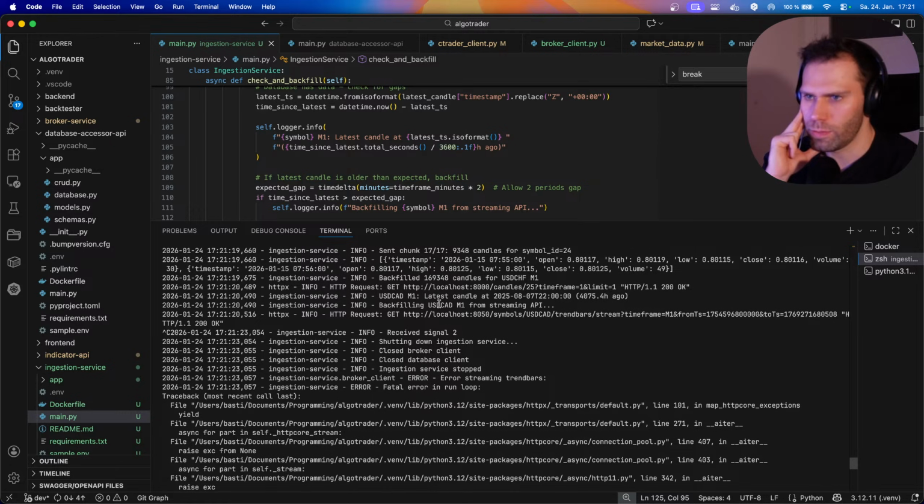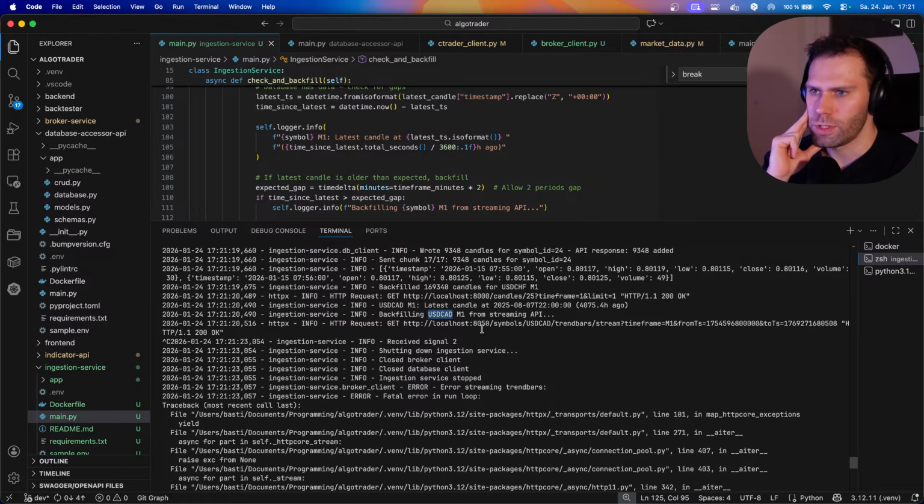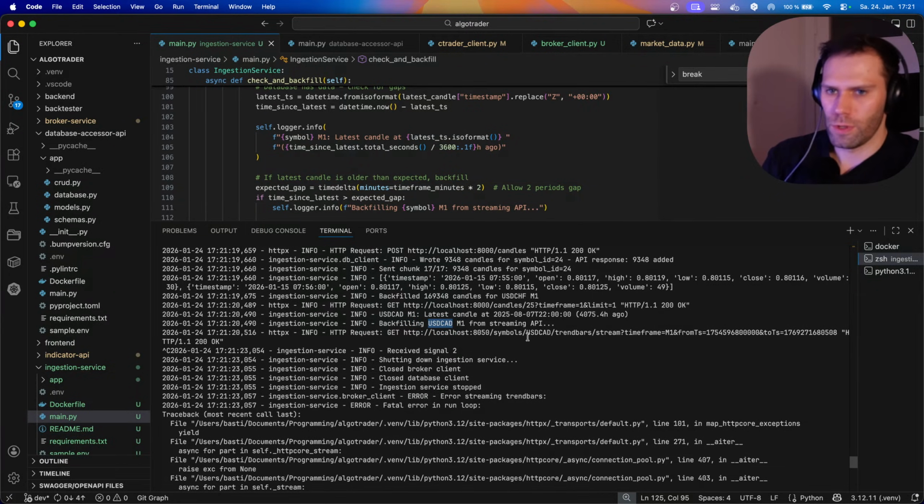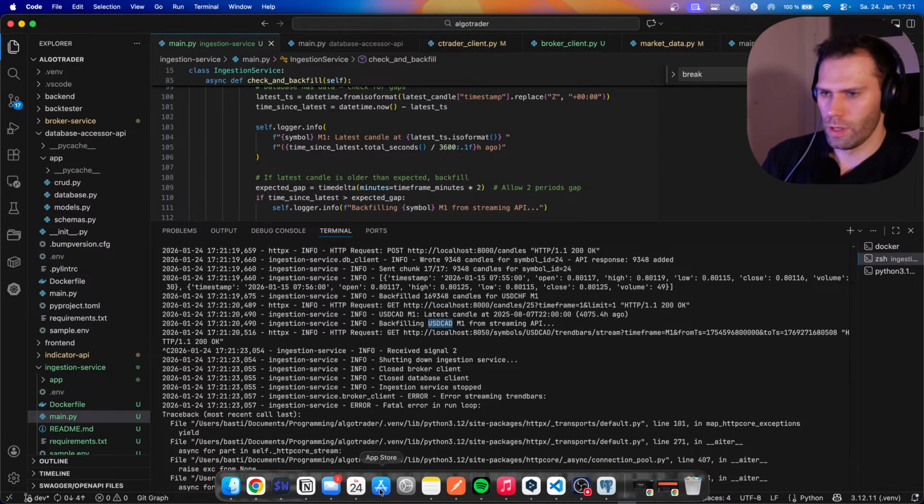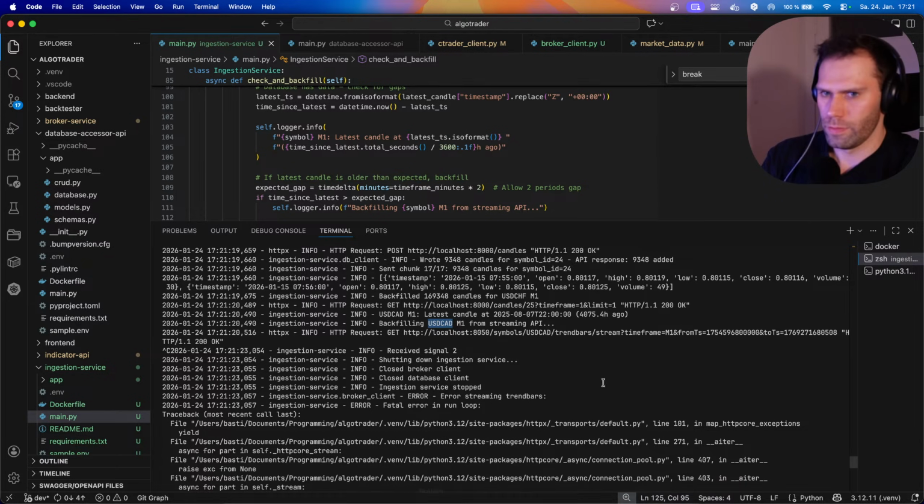Next one would have been USD CAT. I want to check the edge cases because it might be that I'm missing one candle, where I'm requesting from a timestamp and not including this one. I think I have considered it, but